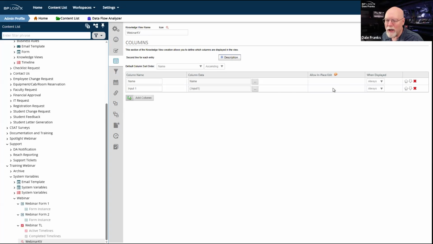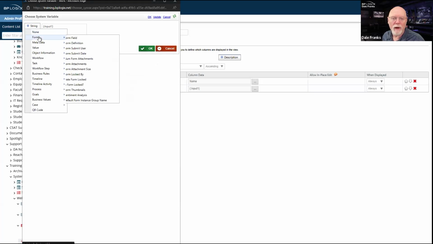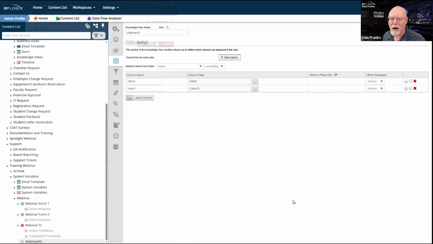In-place edit is only going to work if you specify a field using the form field option from the choose system variable dialog box. If I do that, then I can reactivate allow in-place edit. Otherwise, this is really just for display, but it is super convenient. And people forget that all of this column data, it's all system variables.